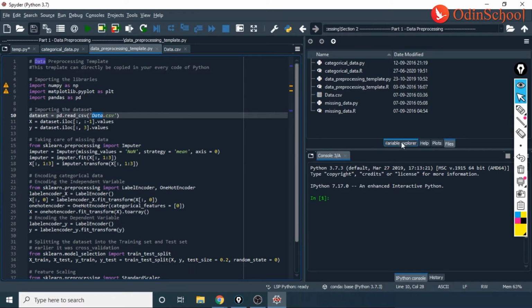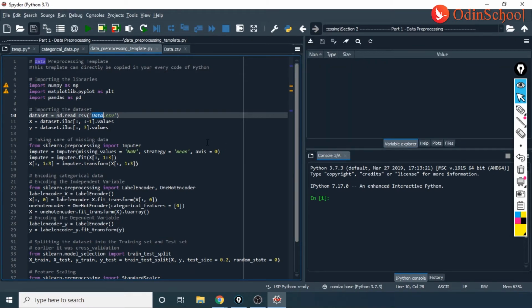And now that I have my information, I would go back into my variable explorer, and now let us start working on the code that we have for us. So here I would be executing the first 3 lines of code, that is import numpy as np, import matplotlib.pyplot as plt, and import pandas as pd. So these are the 3 steps that I would be executing first. And then, now that we have the data set and the data is readable, the second step I would be doing is to access my rows and columns.